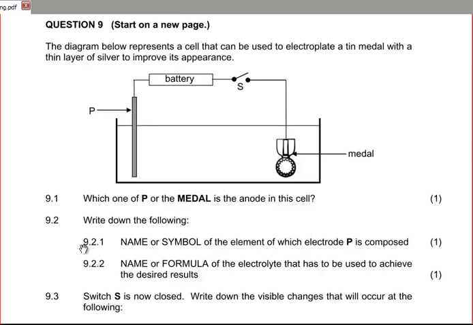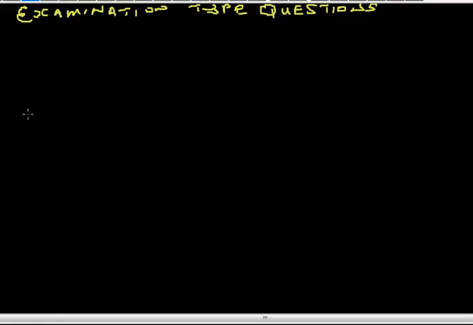Right? So this one is question 9.2.1. So you can actually write Ag, which is the chemical symbol for silver,